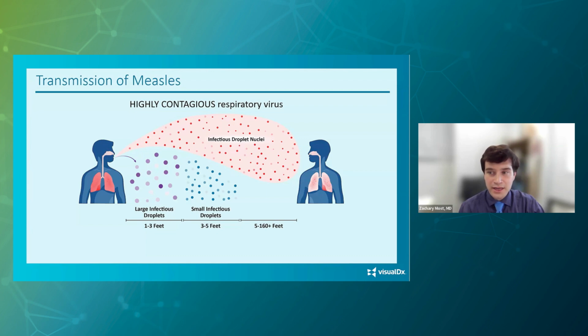Measles is a highly contagious respiratory virus. A sick person with measles, often through coughing, will produce tiny infectious droplet nuclei that contain small particles of infectious measles virus. These particles are so small they don't get carried to the ground by gravity and instead remain suspended in the air. They can fill the volume of the room that they are in and can remain suspended in air for up to 2 hours.